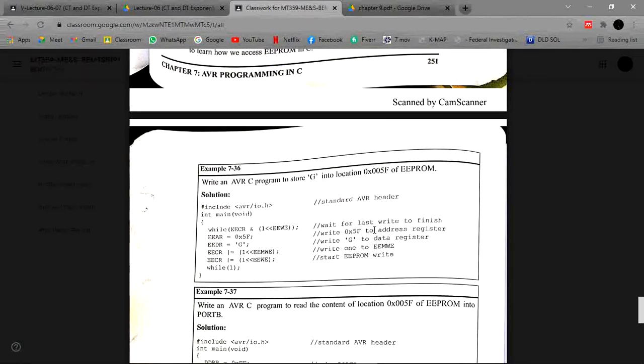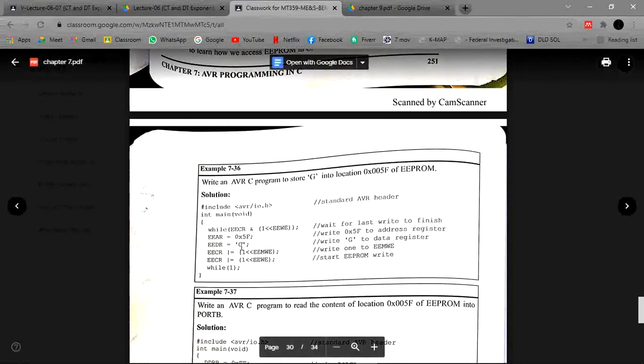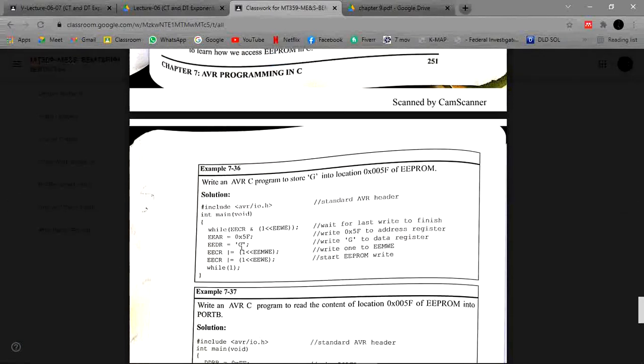Then we set the address register to 0x05, and input G to the data register, which is the user character. Then we write 1 to EEMWE with the help of these shift operators, and then we start the EEPROM write, and it will begin with the help of these operators.